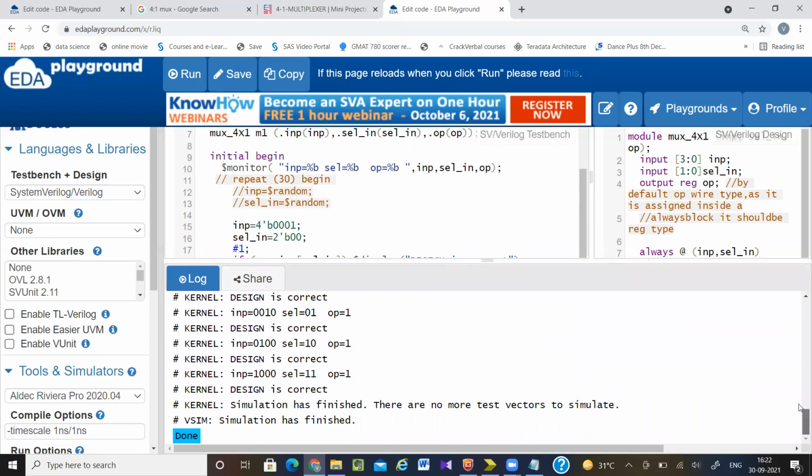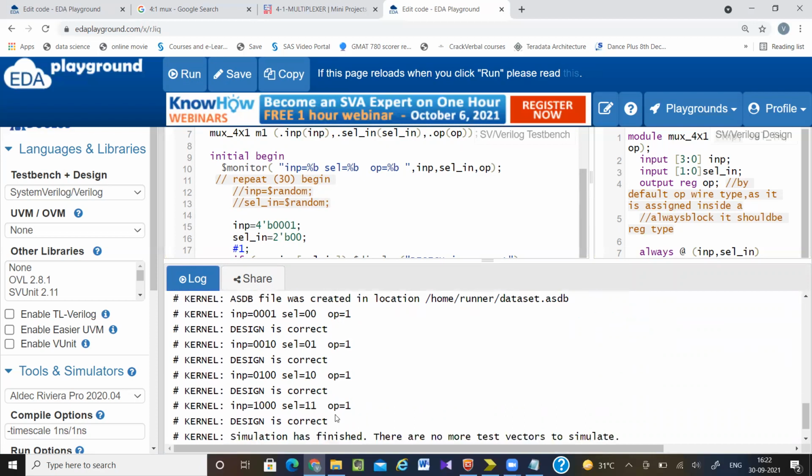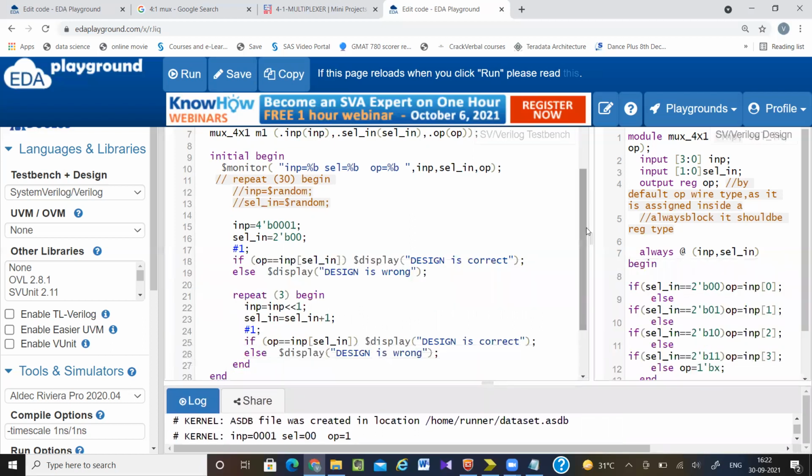Okay, so now you can see 0010, 0100, 1000. So all the 4 combinations are done. So this is for 1. If I'm just checking with this, then also I can say my design is correct. There may be a chance that your output is stuck at 1. So for every this kind of value, you are getting output equal to 1. So I don't need this kind of thing. I have to check with zeros also.